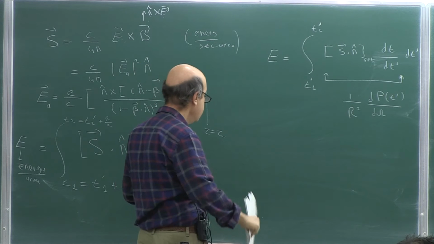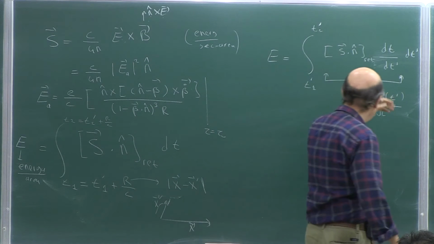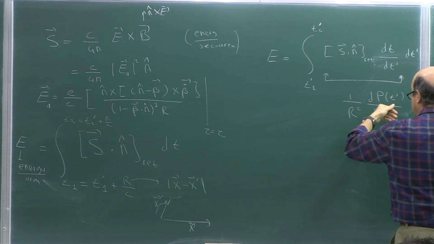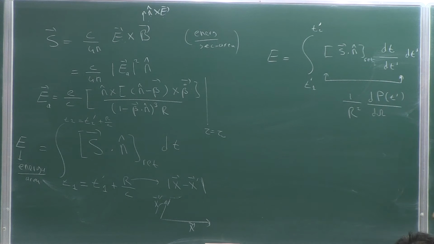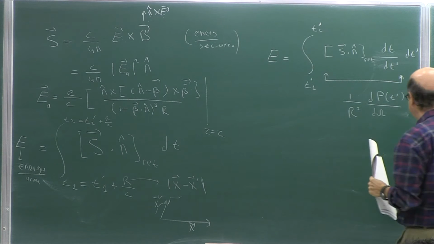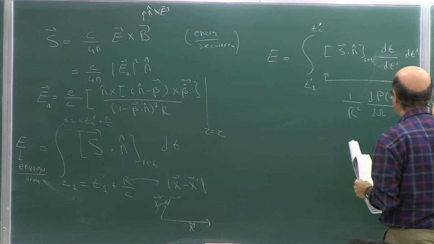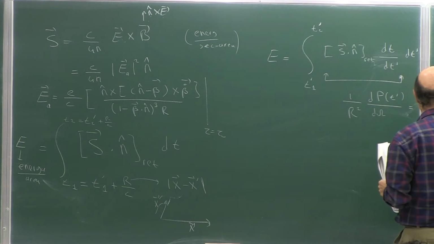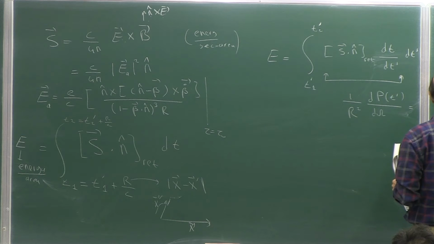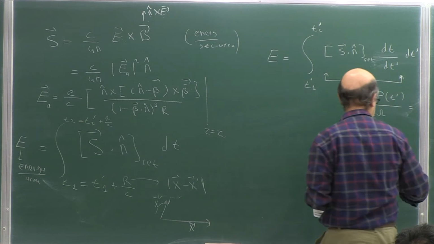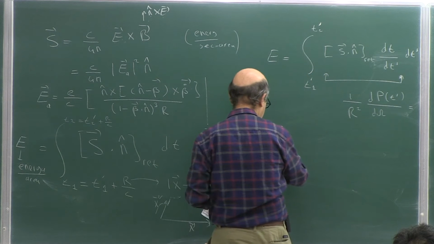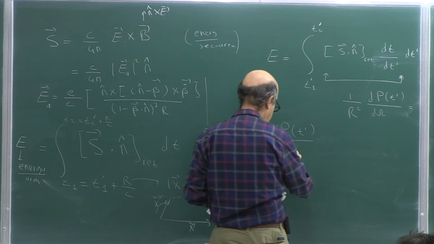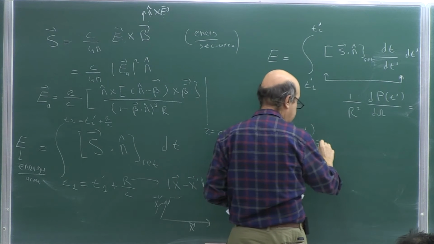So basically this is nothing but S dot n observed at t prime, which is equal to S dot n dt over dt prime, and if I multiply both sides by r square, I will obtain the power emitted per unit solid angle